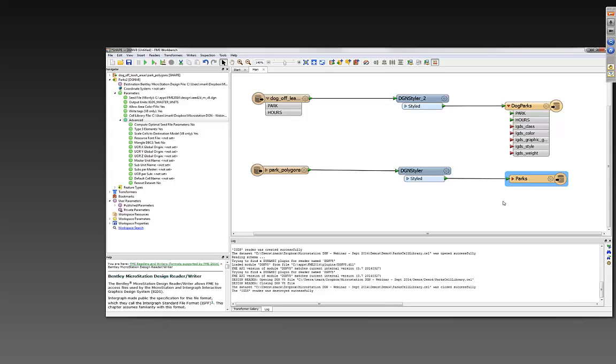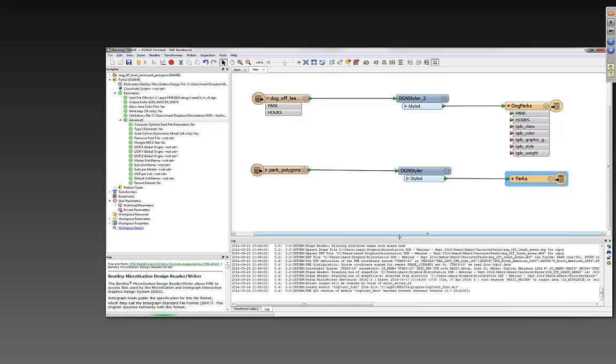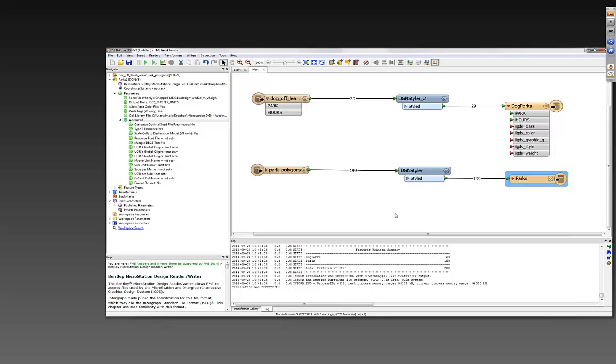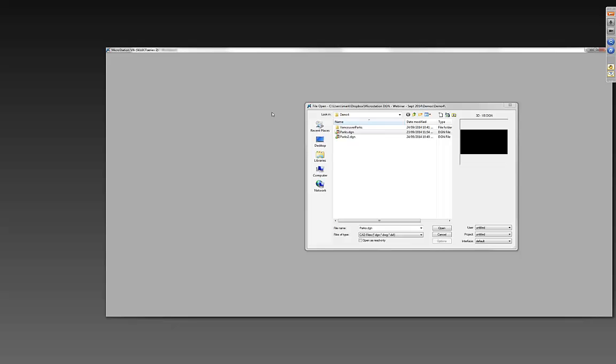And yeah, so let's see. Well, we'll run this translation, and you can see in the log window it's running, and yep, there we go. It took 1 second to translate 250 odd features there. Okay, so let's open that up and see what we got. So here's MicroStation, there's parks2.dgn. We'll open it up,